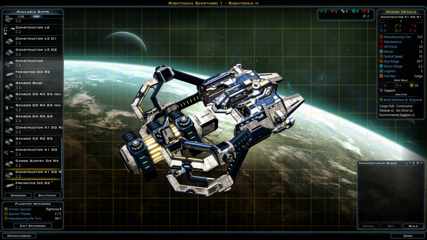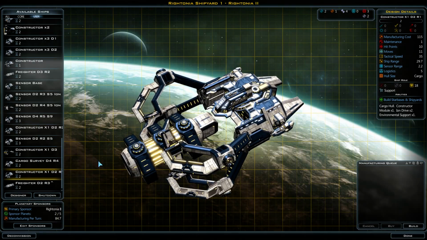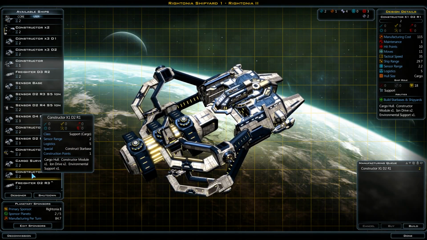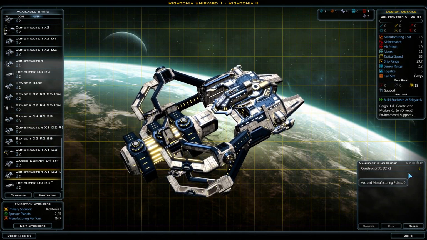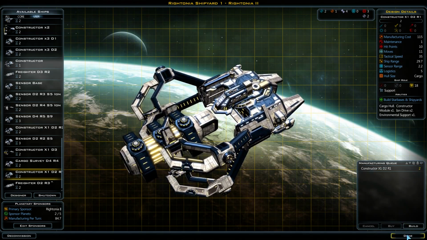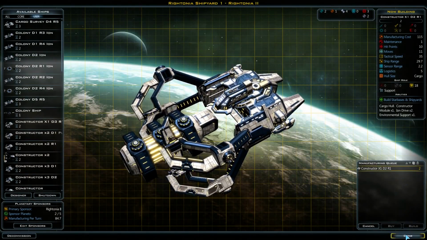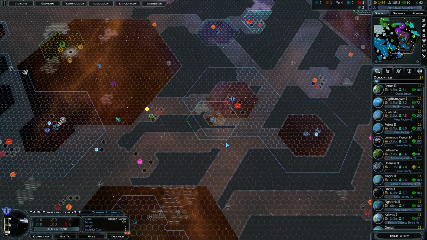It's a bit of a waste making constructors that only have one constructor module on, but I haven't got the capacity really to be making better than that. Well, I have just, but with no engines, and I don't want to do that. Also, what Stardock should allow you is to click that here. You have to go back into the shipyard to do it currently, and it's pretty annoying. Okay, that's just been made, so let's...